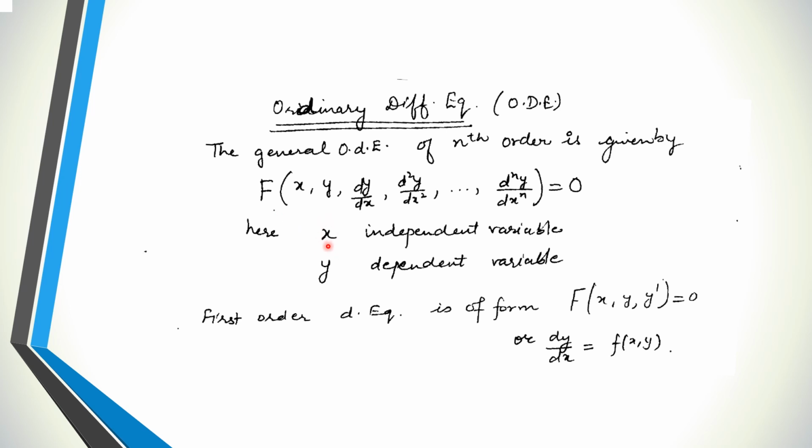So here you have an independent variable and a dependent variable. You are given a function y which is a function of x, and this function is n times differentiable, meaning you can find the derivative of y with respect to x, its second derivative, its third derivative, up to the nth derivative. So any differential equation which has the variables x, y and the derivatives of y with respect to x, its second order derivative, up to its nth derivative, is said to be an ordinary differential equation.